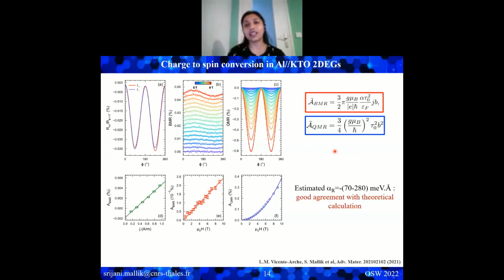However, for KTO it's not really known, and we had to make some very good guesses. If we take similar values as STO, then it comes out close to 70 millielectron volt angstrom. However, if we consider for KTO what other factors can play a role, then it comes out close to 280. Because we really do not know the exact value of the G factor, we have this uncertainty. But probably with future measurements and maybe some other reports, we can make it better. Okay, thank you.